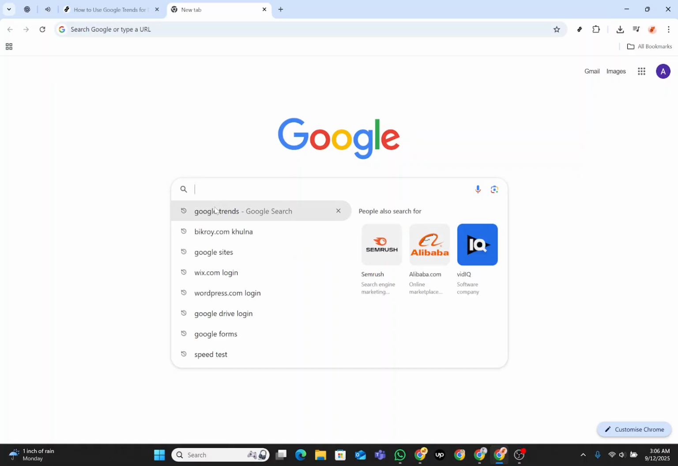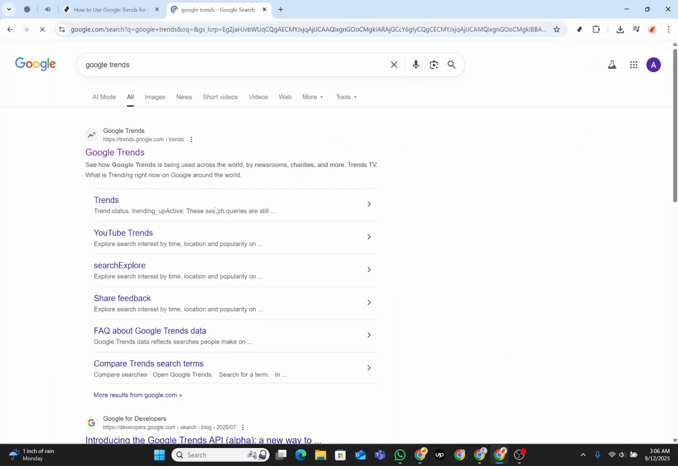First things first, we need to access Google Trends. Simply head to your preferred web browser and type Google Trends in the search bar and hit enter. Usually, the first link that appears in the search results is the correct one, so go ahead and click on it. This will take you directly to the Google Trends homepage, a hub for seeing what's popular over various timeframes